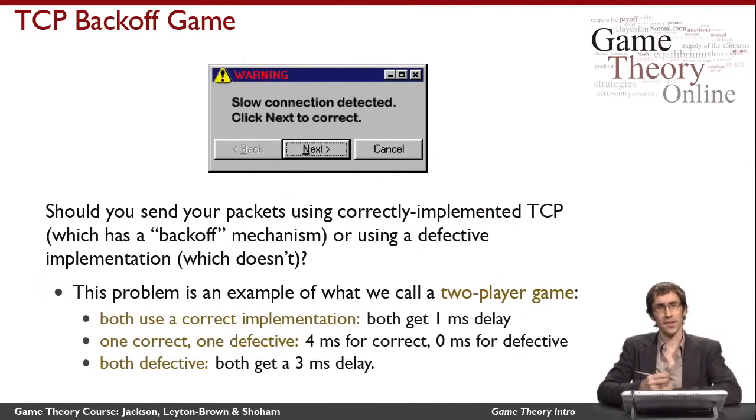Well, this is a bit of a surprising use of language, but problems like this one are what game theorists call games. A game in general is any interaction between two or more people where the outcomes of the interaction depend on what everybody does, and everybody has different levels of happiness for the different outcomes. So let's think about a two-player version of this interaction, which a game theorist would call a two-player game.